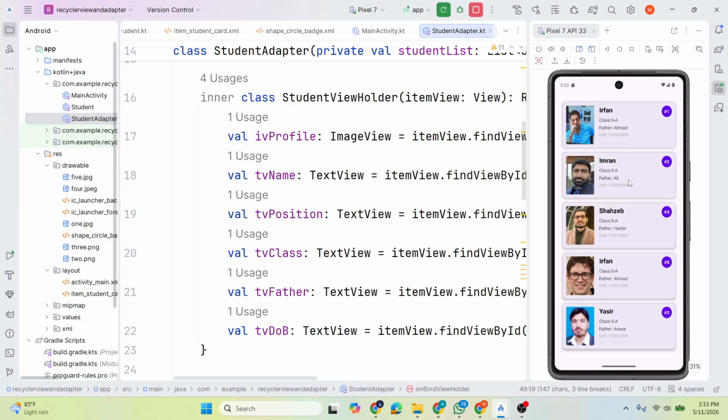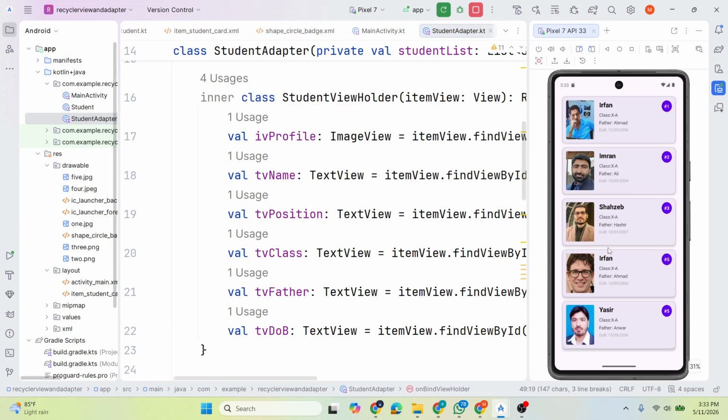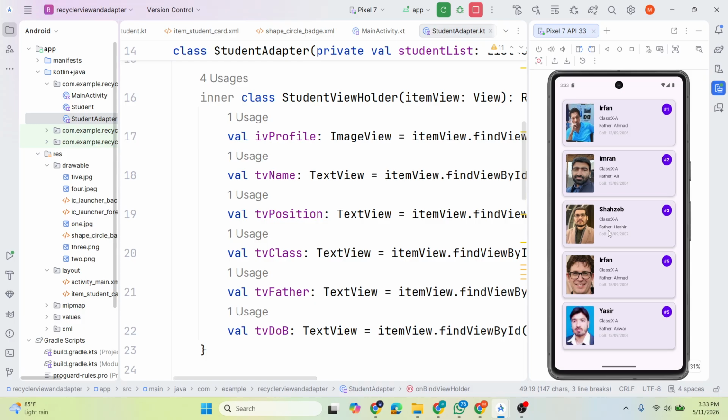So it was a little time consuming, but now you can see all of the list of students on the screen. So this is a recycler view which is displaying records efficiently on the screen. So if you have 5 records or 500 or 5,000 or 5 million, it is going to efficiently display those records on the